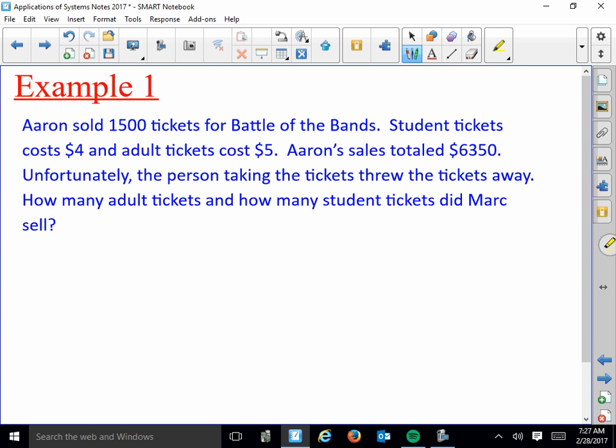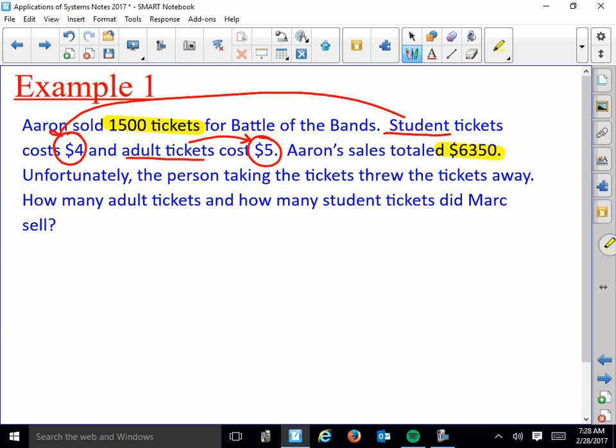Aaron sold 1,500 tickets for Battle of the Bands. 1,500 tickets, that seems pretty important. Student tickets cost $4 and adult tickets cost $5. I'm going to mark an arrow there. This is a little more difficult to do, but I'm going to mark that as well. So I know that student tickets are $4 and adult tickets are $5. I know that Aaron's sales totaled